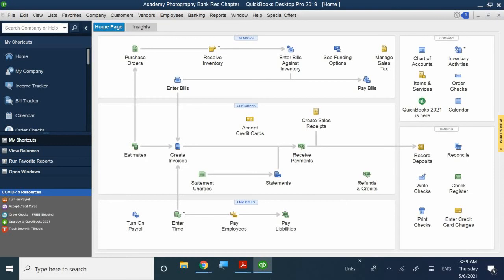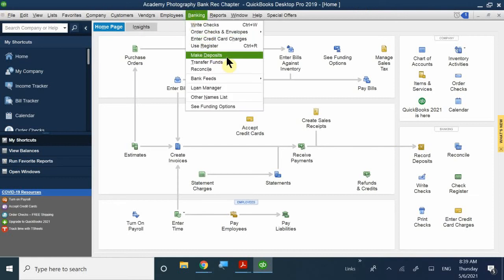Okay, so there are two ways that we can actually do our reconciliation. Pretty straightforward. On our home page under banking, you have reconcile right there. Same thing if you go up to your banking on the menu bar, it will appear. Reconcile right there. There's only two ways that you can do it. No other way that you can do it because, again, this is a window that you have to go ahead